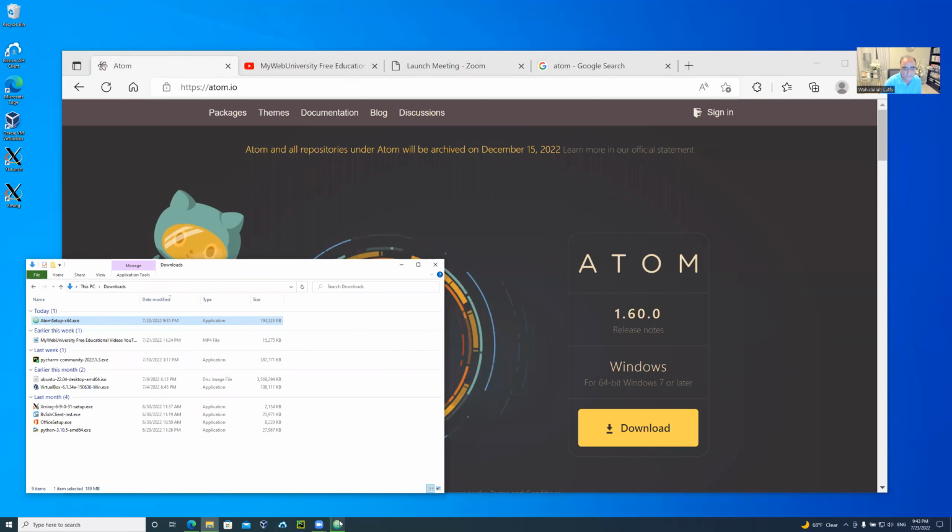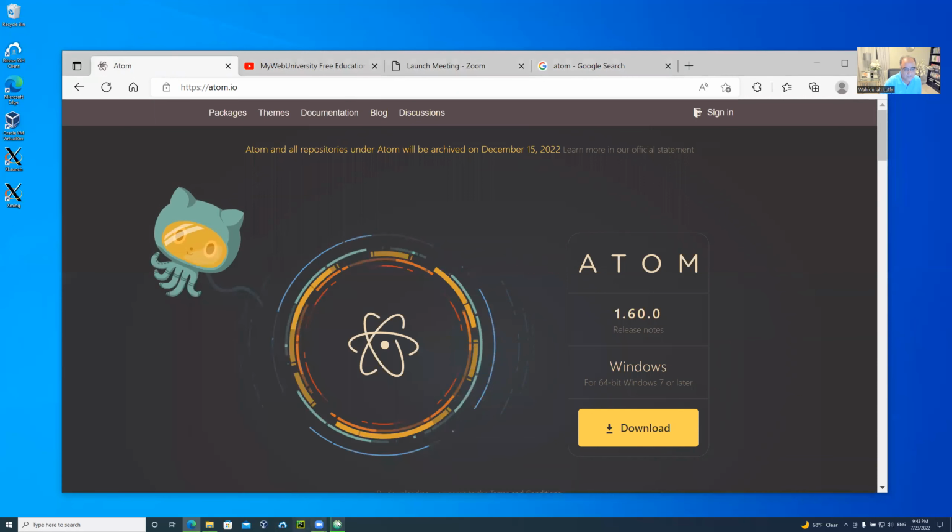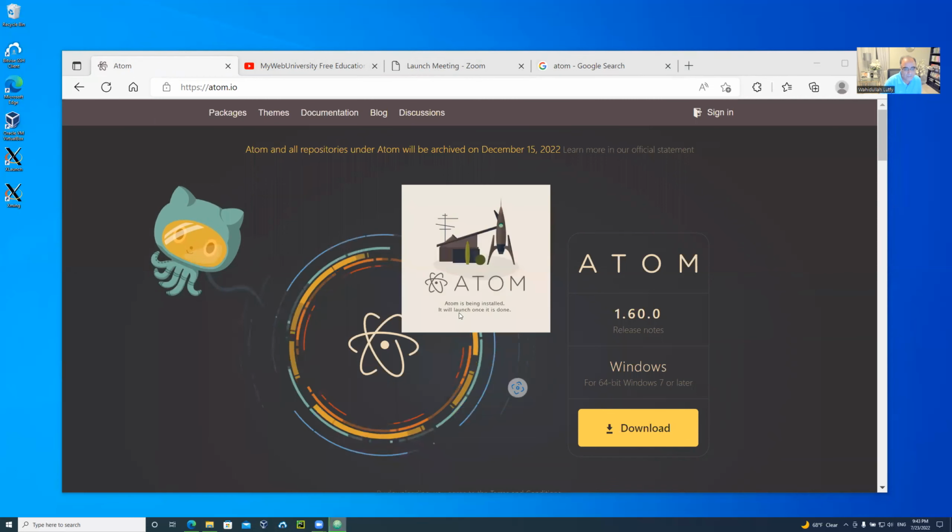And currently it is working on it. So let me minimize this window and just leave this one. As you can see, Atom is being installed. It will launch once it is done. So it is taking a few minutes to do it. While this one is loading and coming,